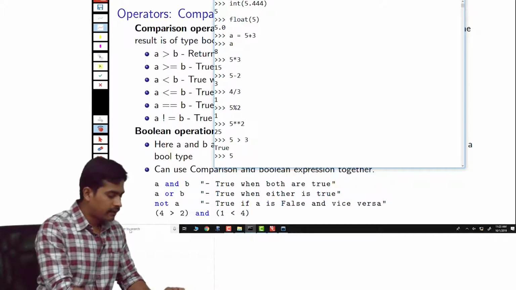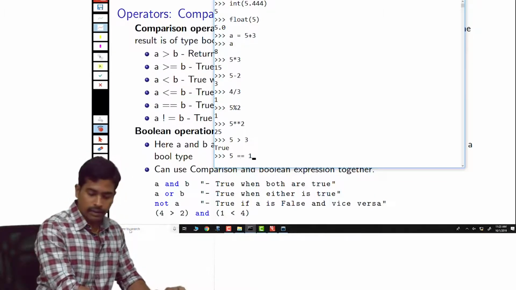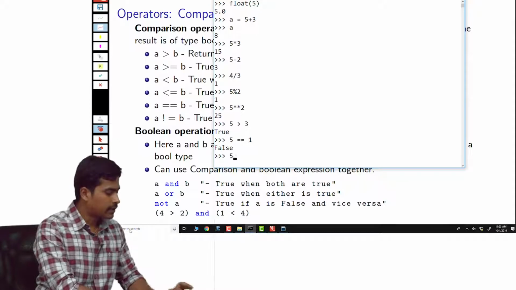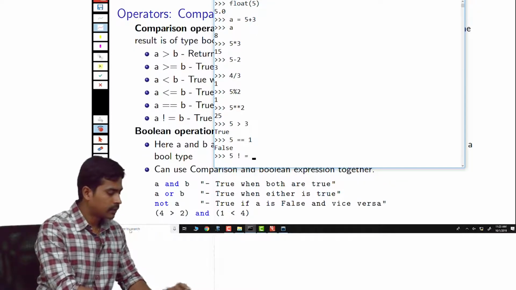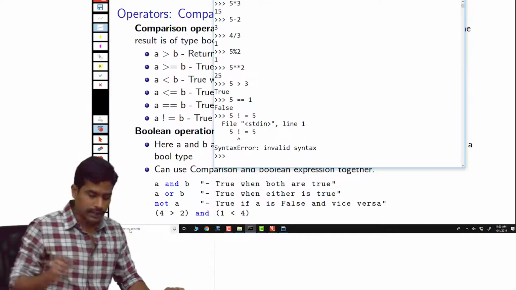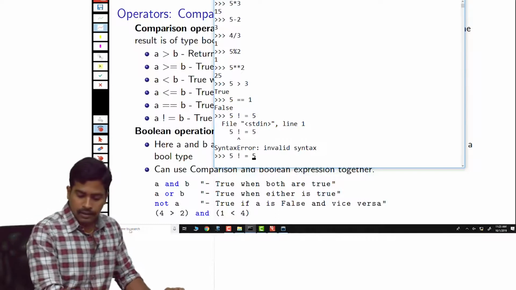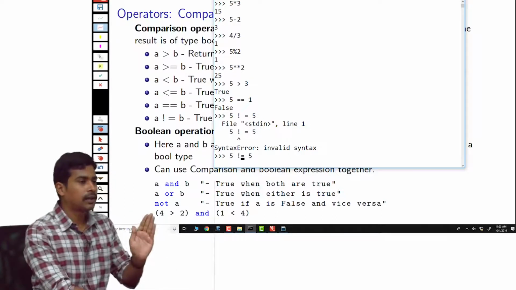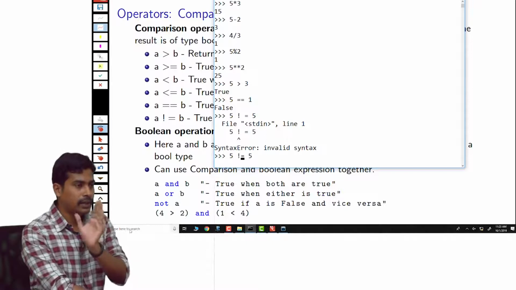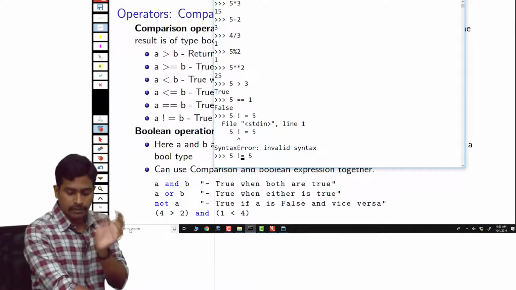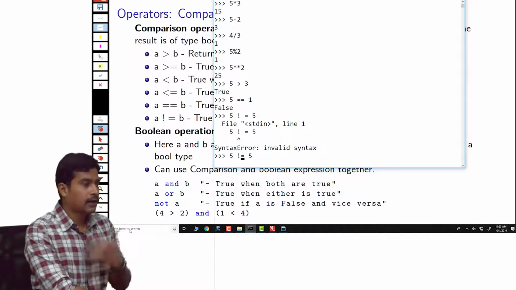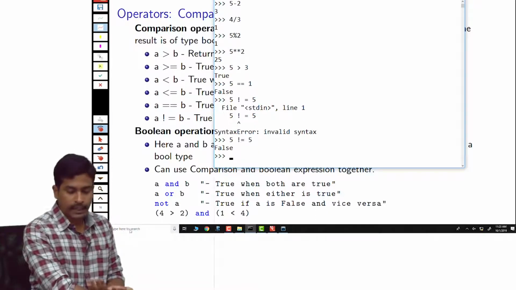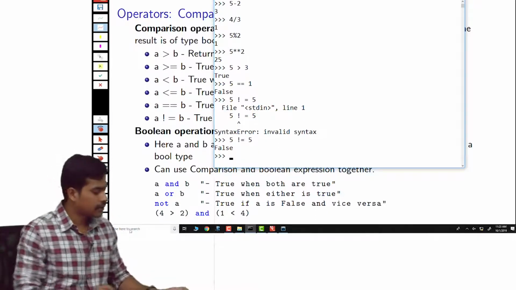We can say 5 is equal to 1, which is false. We can also say 5 not equals to 5. Yeah, there is a syntax error, because there should not be any space between the not equals to symbol and equals to. They should be next to each other. Since 5 not equals to 5 is incorrect, we are getting the value false.